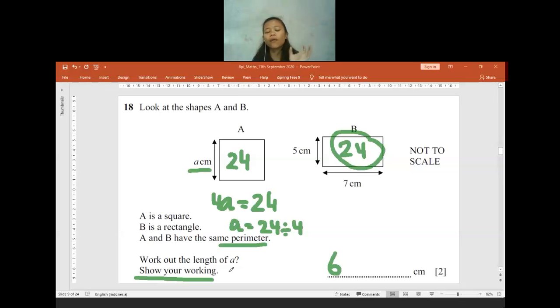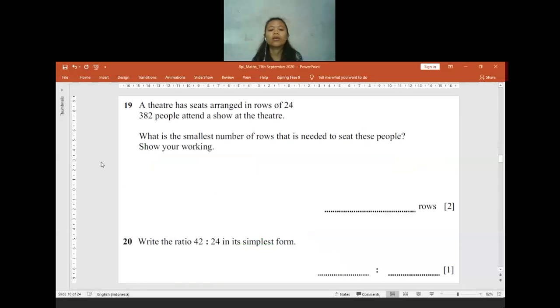Yeah, for the working it will be better using the pen. But for the calculation, like if you want to do 12 times 5 like this, it is better using a pencil. But for all of the steps, it is better using the pen. Okay, if you have no question, I will move to question 19.